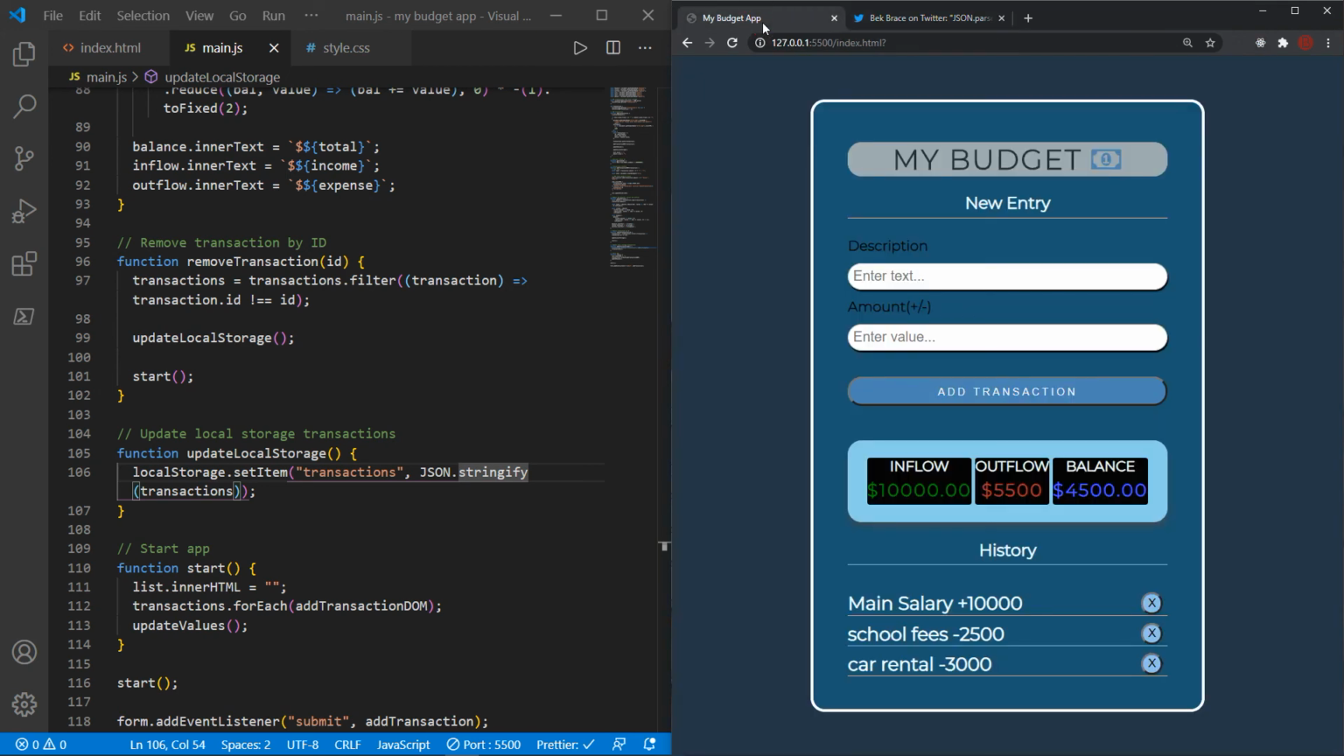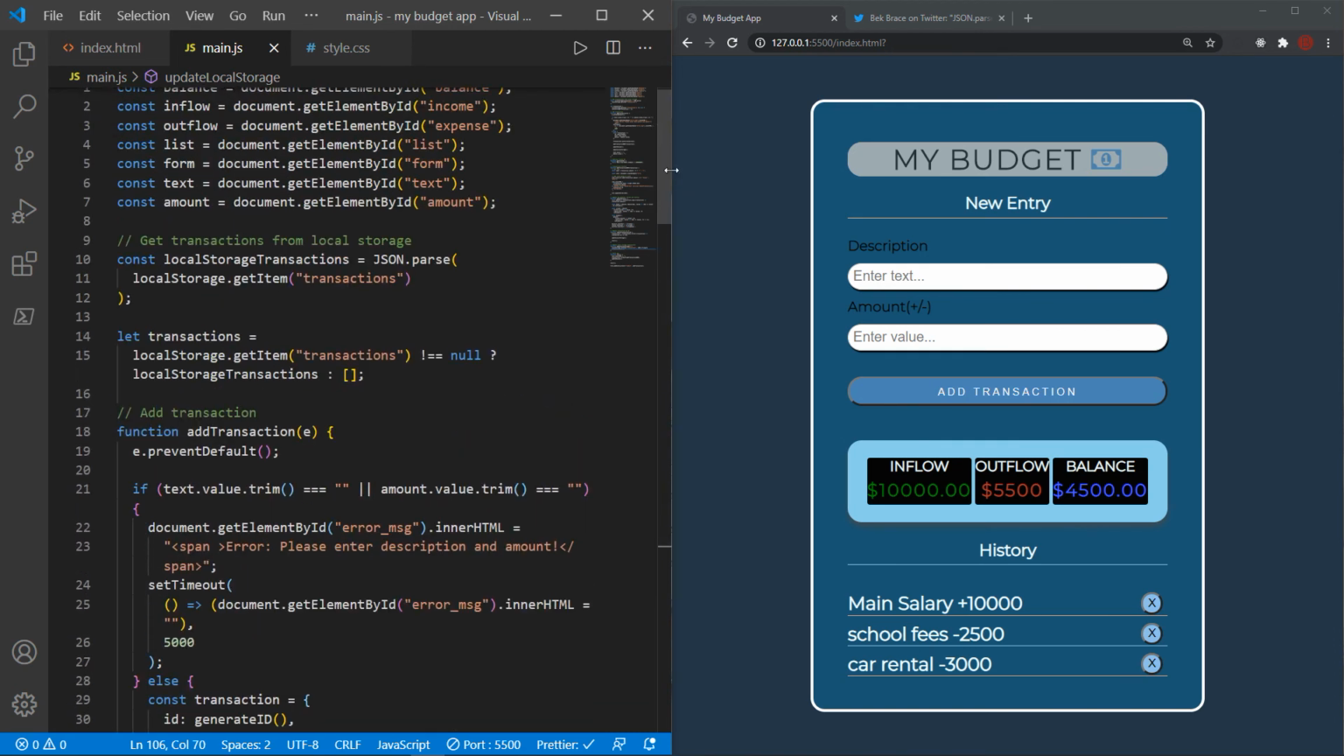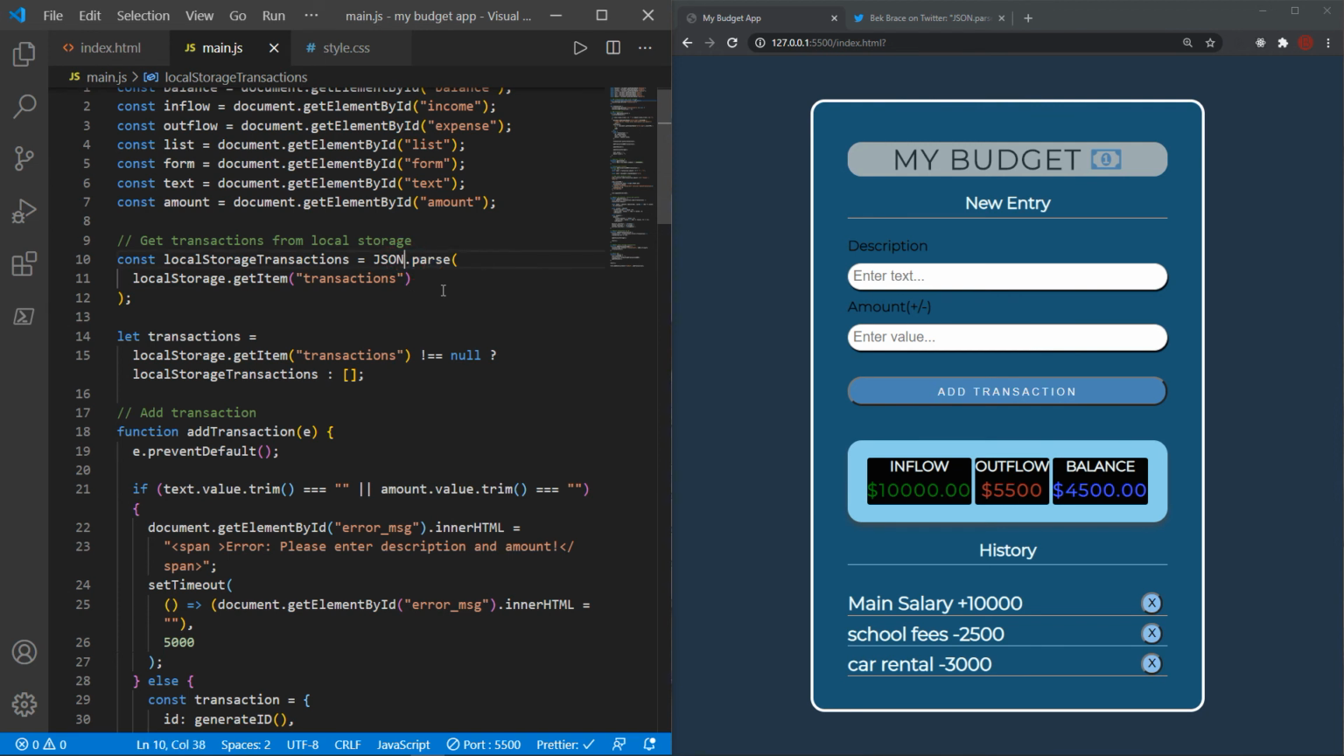I made a tweet yesterday on that. So yeah, this is to update the local storage. And you remember I told you, wait, we will use it later. So I have to get the transactions first. It needs to be on the top. And const local storage transactions will be equal to JSON.parse, like I said seconds ago, localStorage.getItem transactions. So all the transactions which are inside,